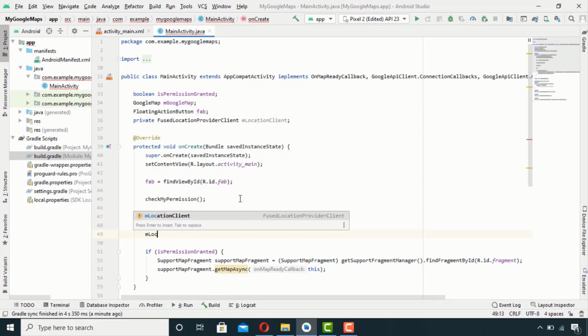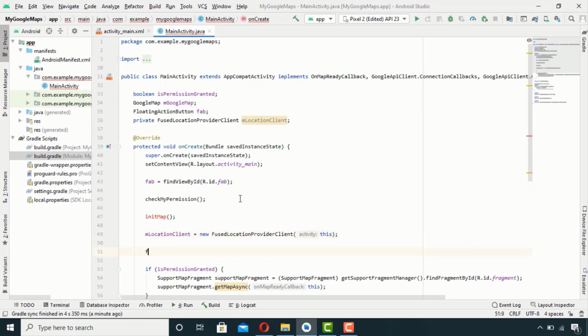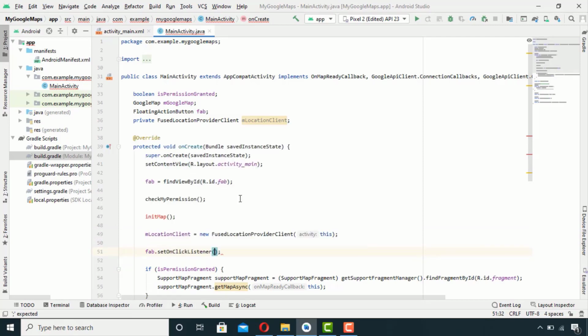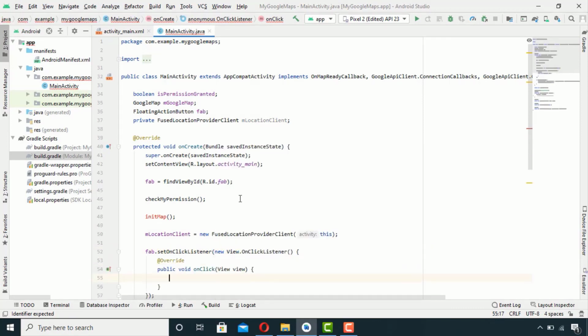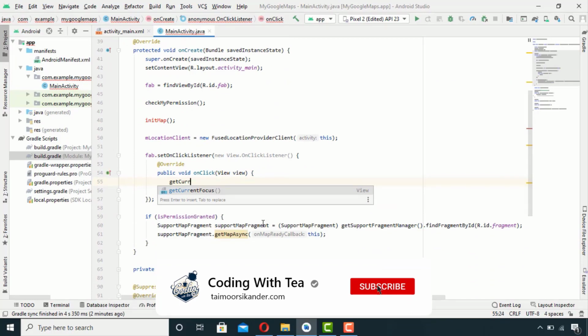And then I will create an object of FusedLocationProviderClient. After this, I will set an onClick listener on my floating action button and I will declare a method here which will get the current location of the user.